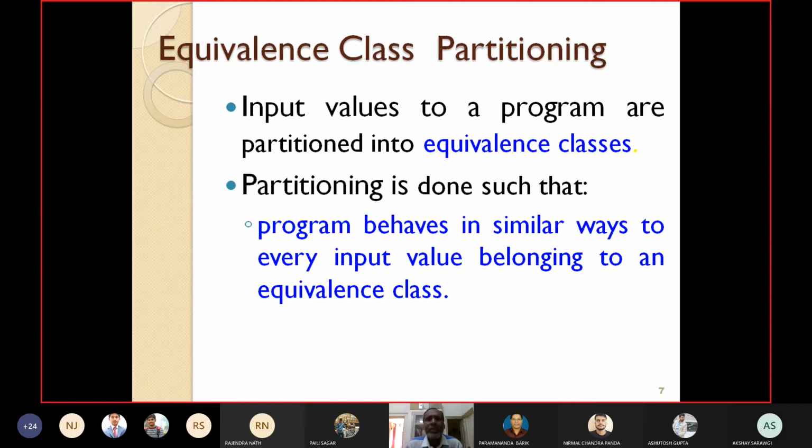So in this way, you can generate equivalence classes and take only one sample value from each equivalence class, and that will become your test case. You need not design so many test cases for that problem. You only have to take one element from each equivalence class. That will be your test suite.